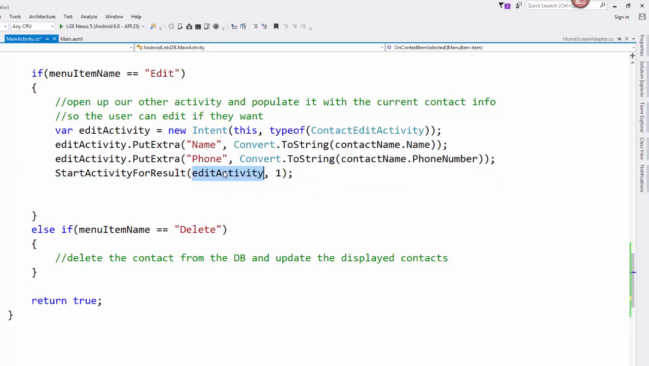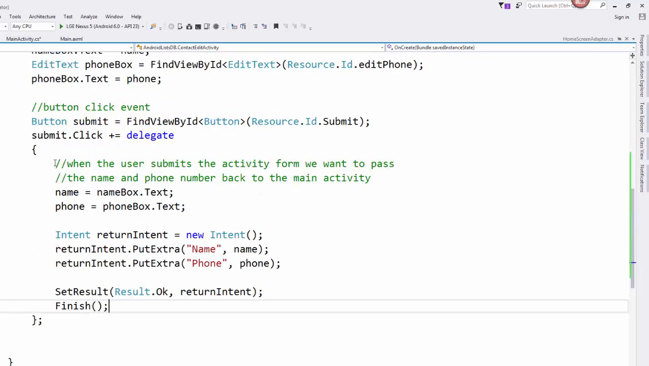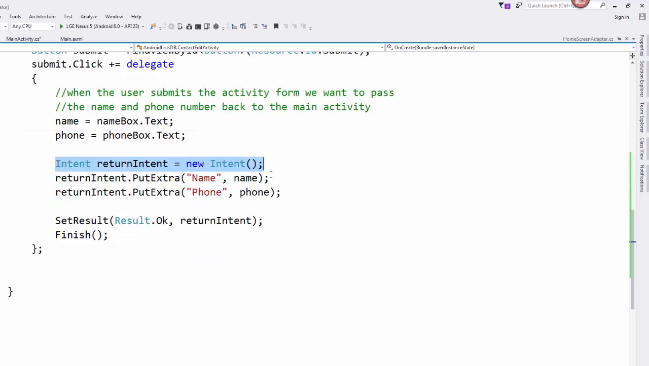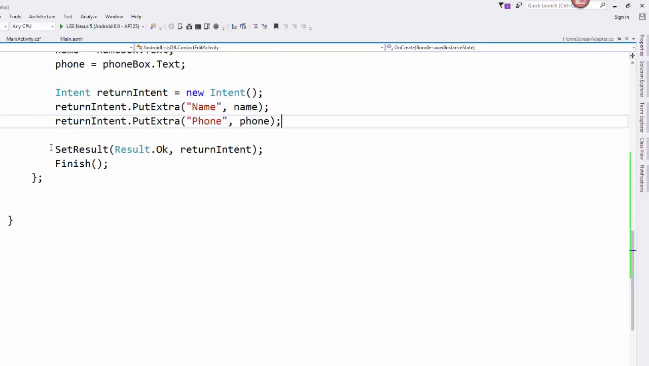So in this case, start activity for result still takes our intent that we set up, but you can see that it also is set up to take basically an integer request code. And in this case, I'm just using 1 to indicate like a yes or no. So when we start activity for result, when we're done, so in this case, they click submit, we grab the name and the phone number, we still set up an intent like usual, we still use put extra like usual,